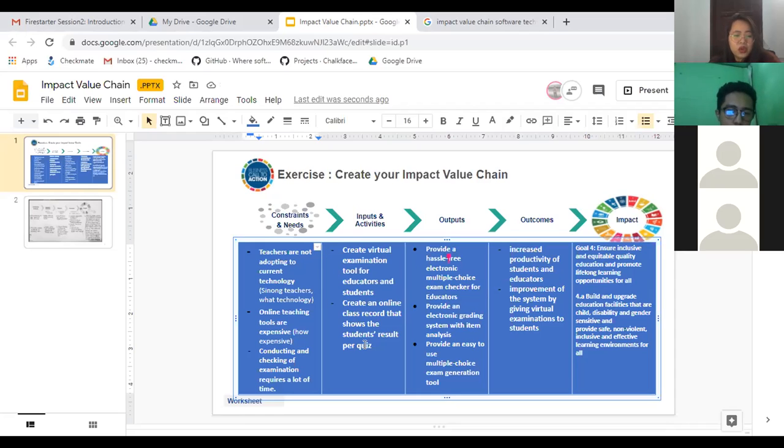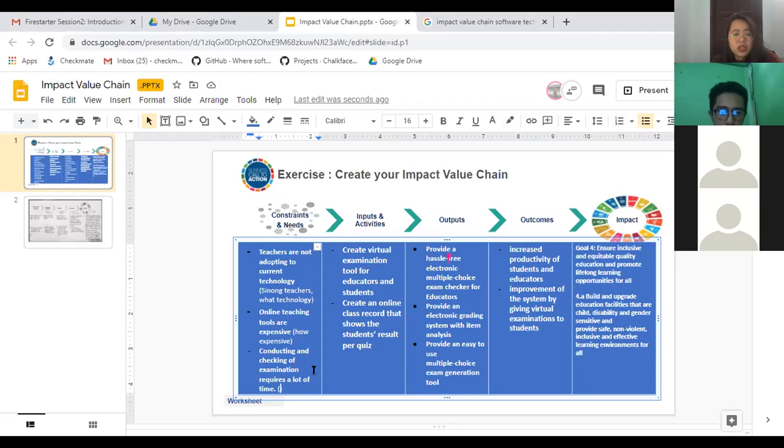Okay? Third one, conducting and checking examination requires a lot of time. So we went through this earlier. A lot is vague. You have to tell us how much is a lot of time. You compare it, okay? Conducting and checking examination. When you say examination, you have to be specific din. Ano klaseng examination? Papers. Okay, because examination could be the process.